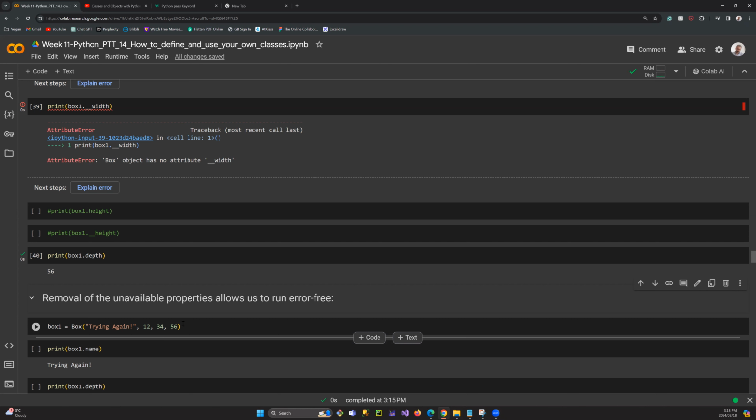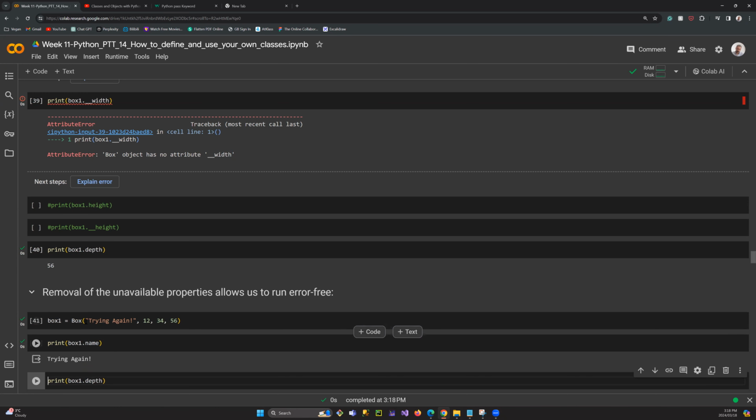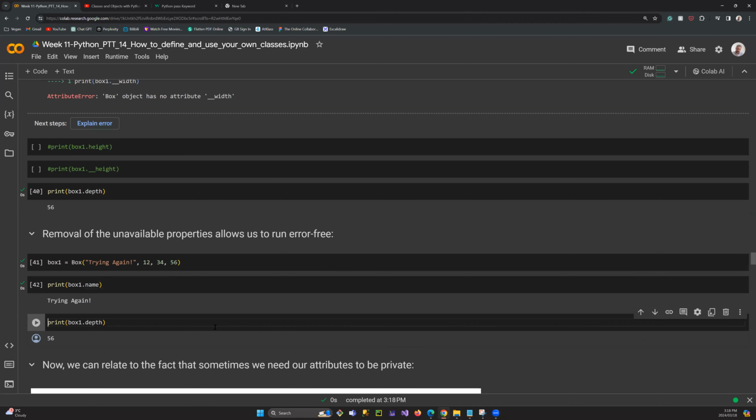Okay, so let's go to the next part together. Let's define an object box1. And then if I say print box1.name, trying again. And then if I say print box1.depth, it's going to show. But